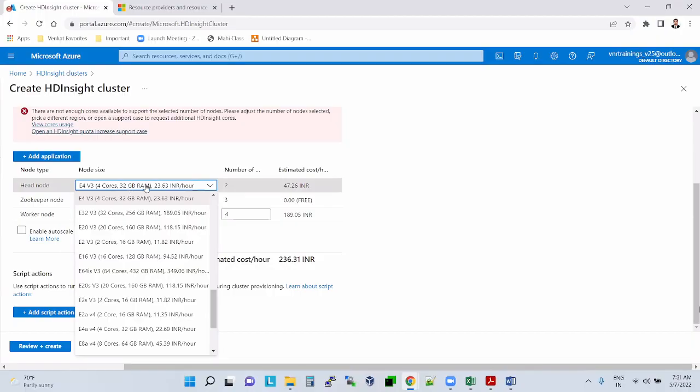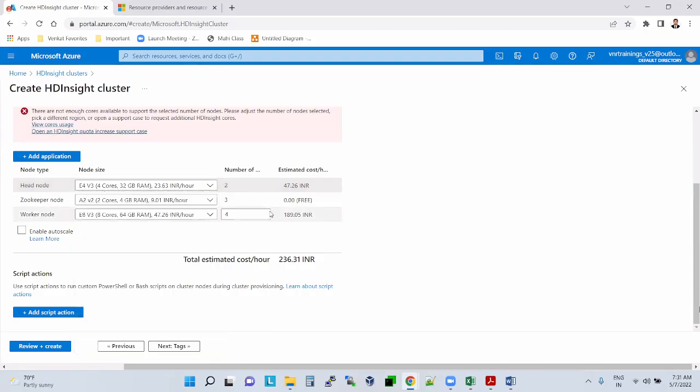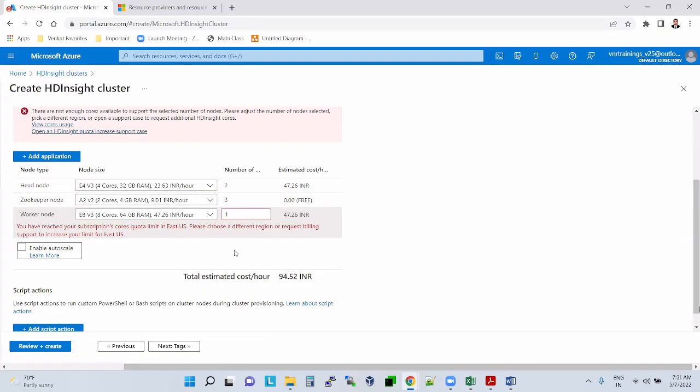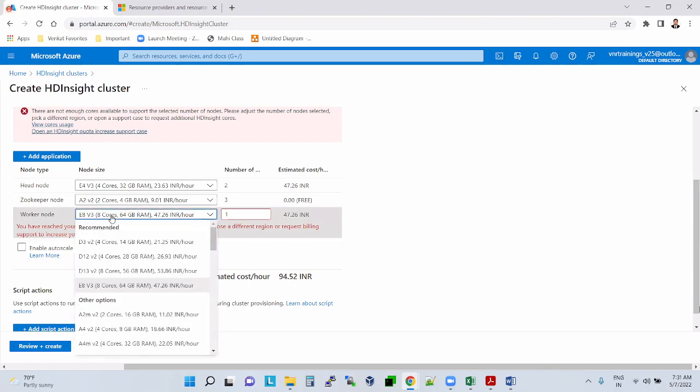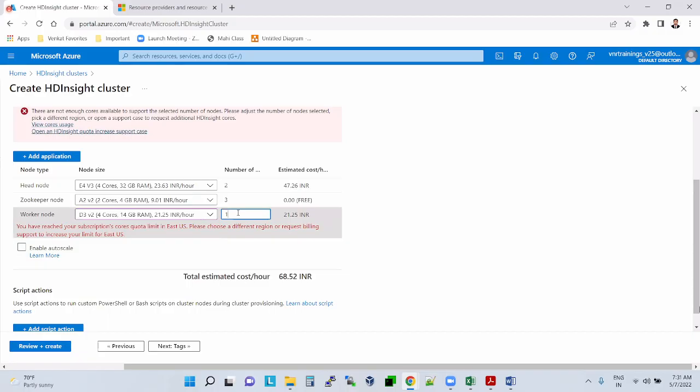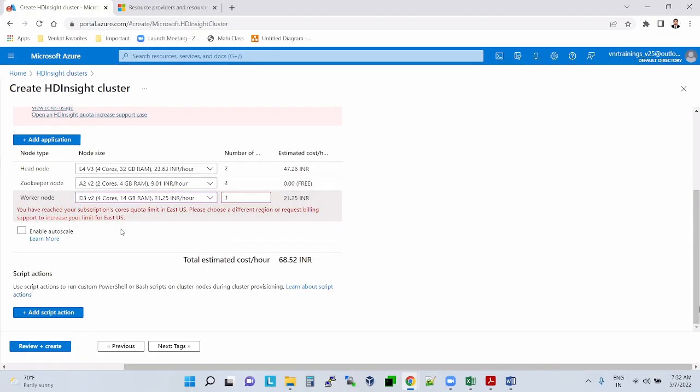So here, EV. Take one, is it sufficient? So here 4, 8. The node size is not sufficient. I think it won't take again.